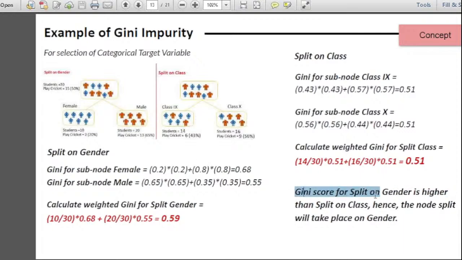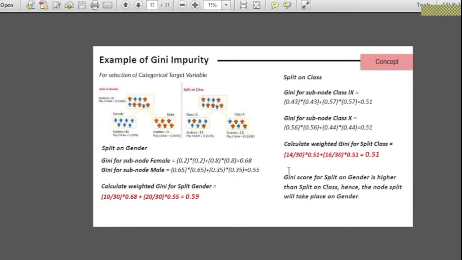Gini score for the split on gender is higher than the split on class. Hence, the node split will take place on gender. Is this clear? How the split is decided? Which split to take? Which variable to bring in? Okay, I think it should be clear, right? So let's now proceed to